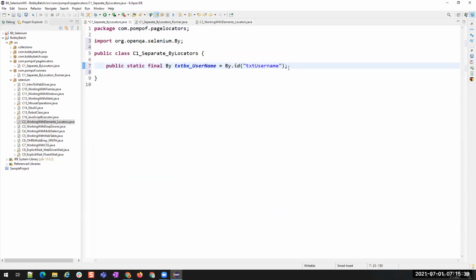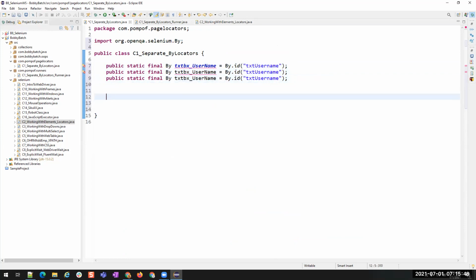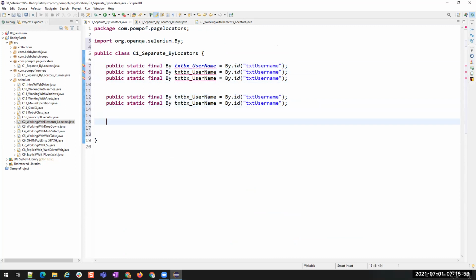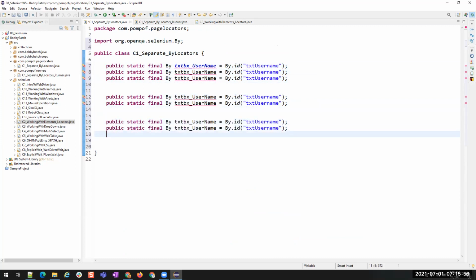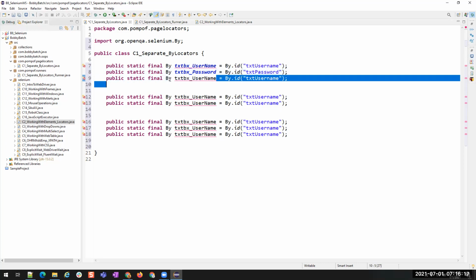Okay. So I'm going to create some variables like this. Txt username, txt password, and then for button login, I'll just rename, I'll change them, but I'm just copying. Then PIM, add employee, and then first name, last name, and click on save. Suppose these are all the elements that I'm going to do. So this will be text box password. So identity was password, and this will be button login.